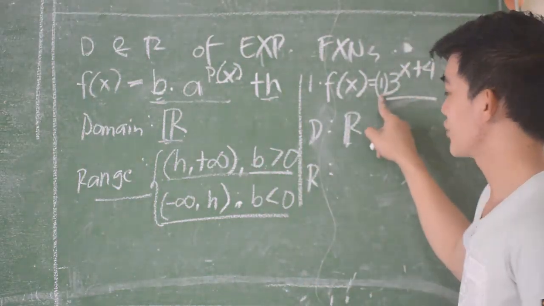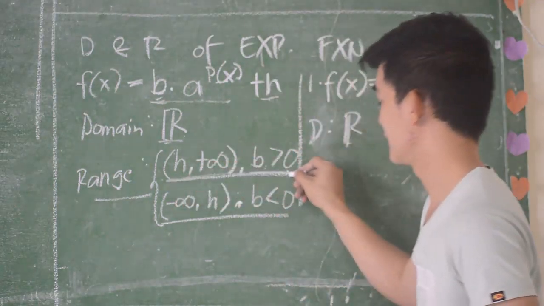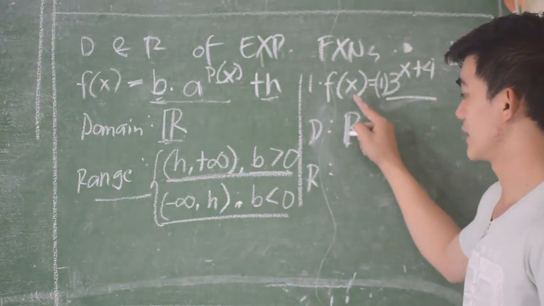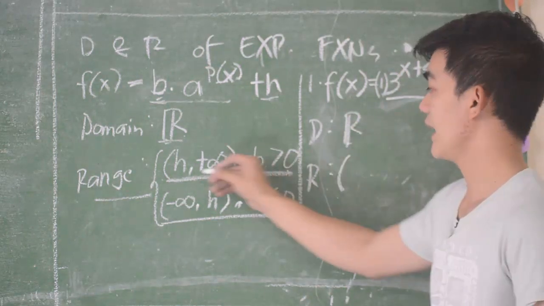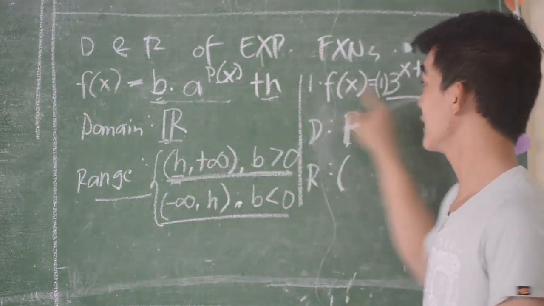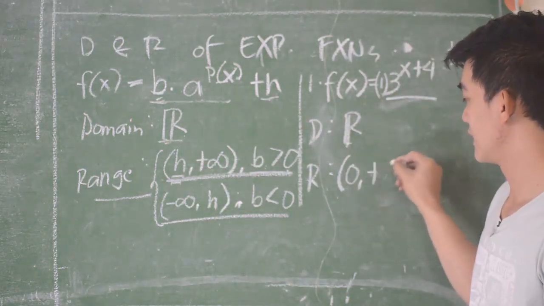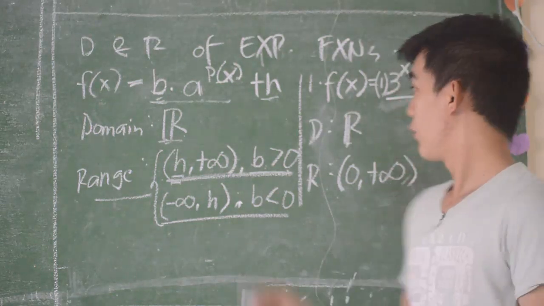Okay. So, pag may 1 dyan, that is greater than 0. So, since greater than 0 tayo, kasi that is 1. Ibig sabihin itong susundan natin. So, the range of that one will be h. Ang h natin dito ay 0. So it will become 0 and then positive infinity. What if,